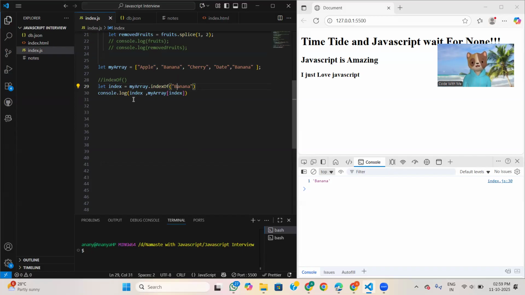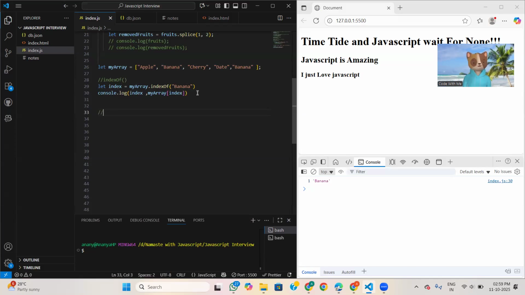Whenever it finds that element, it returns the first index. It will not go beyond this and check further; it will stop.